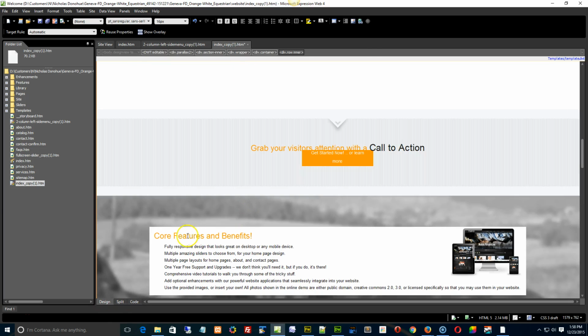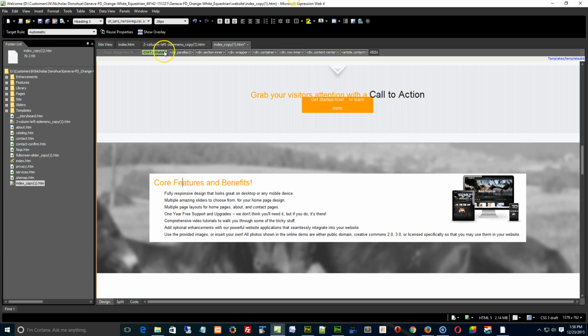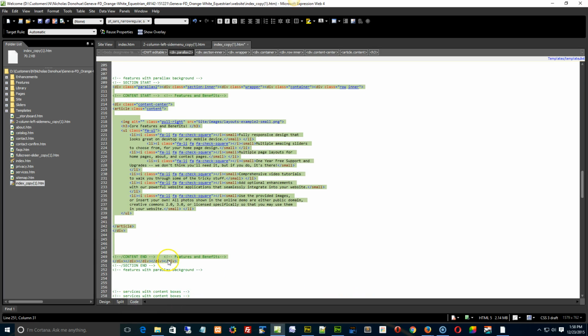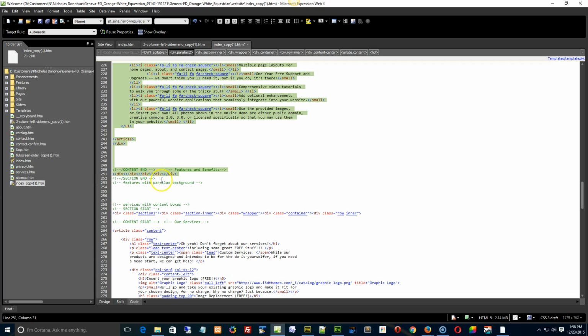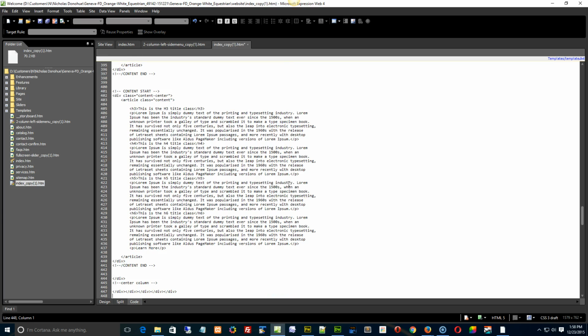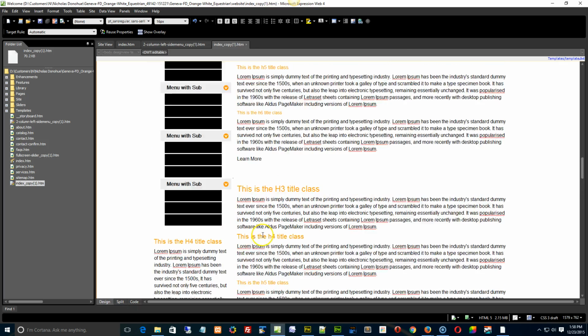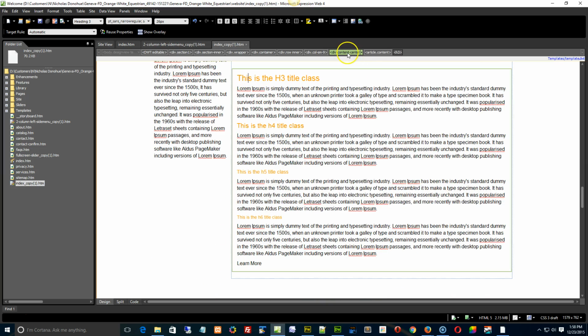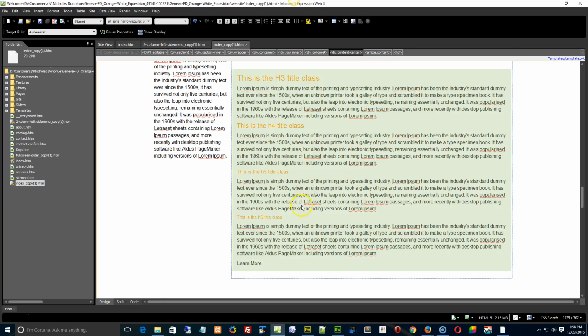We go to our index page. We find our core benefits like so, and then we go to the editable, then we find the div parallax 2, select that, so it's going to be highlighted for us. Go to code view, and then right after, see where it's highlighted here, and it says section end, and then features with parallax background. Right under that, put your cursor and paste the stuff from the two column, and then what we can do is save,